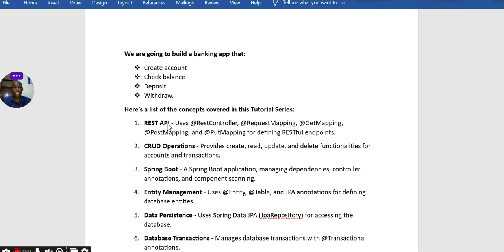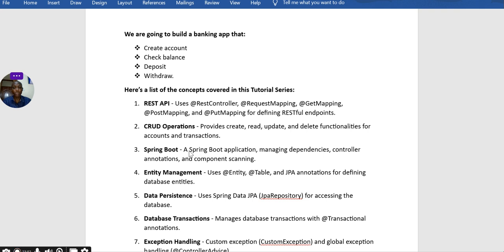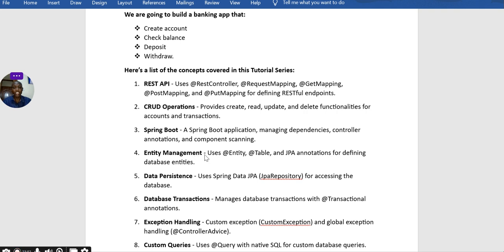We shall look at REST APIs, using @RestController, request mapping, get mapping, post mapping, and put mapping. We are going to look at the CRUD operations: create, read, delete, update. We are also going to look at the Spring Boot application, managing dependencies, controller annotation, and component scanning, entity management, data